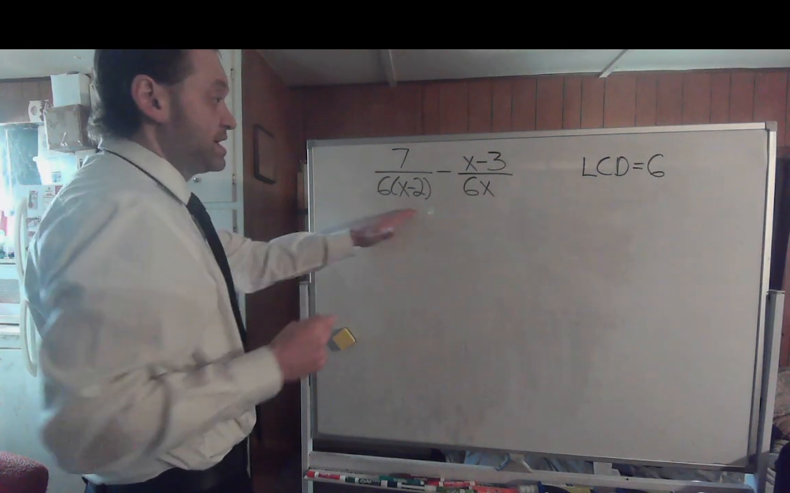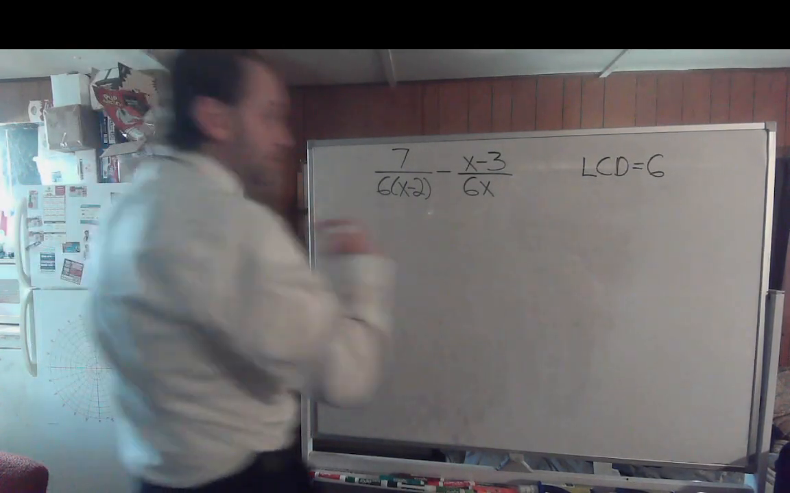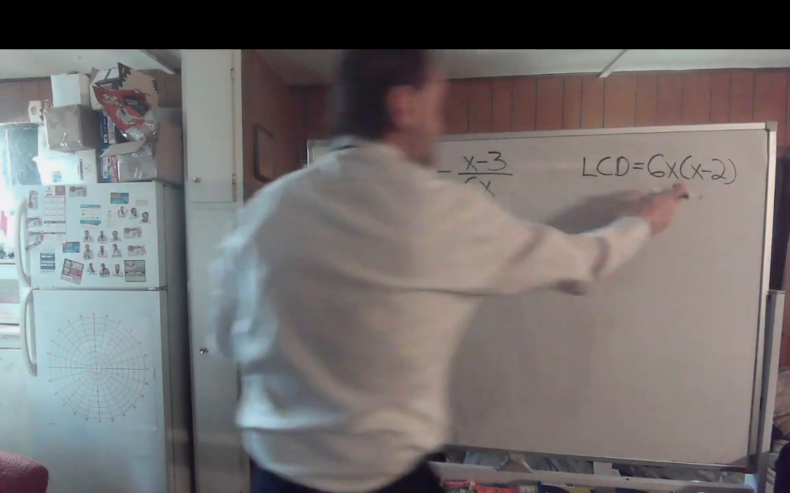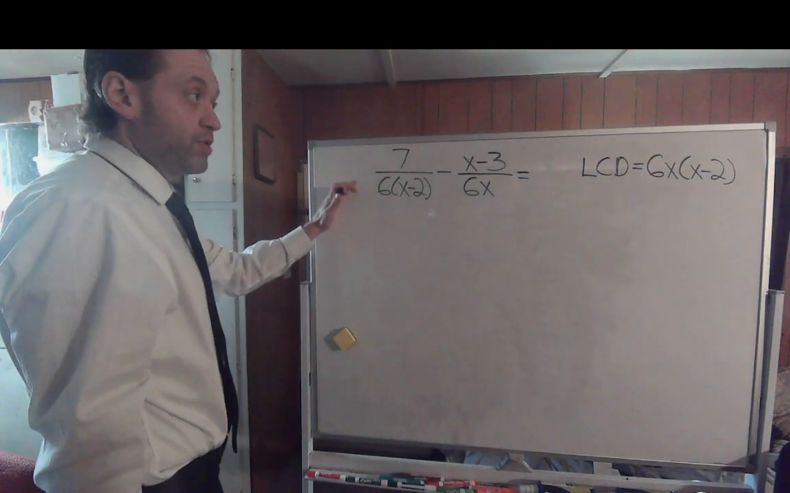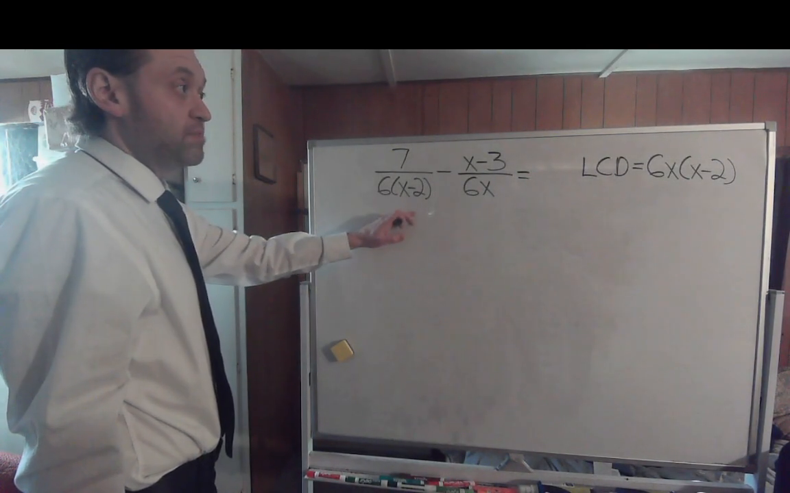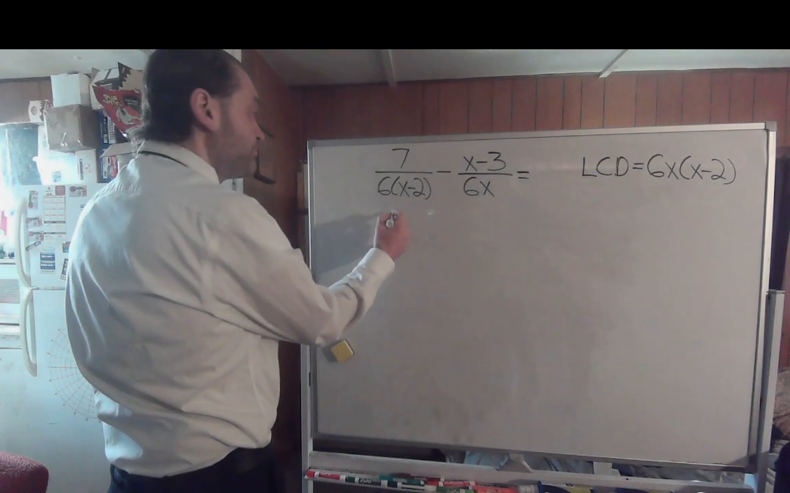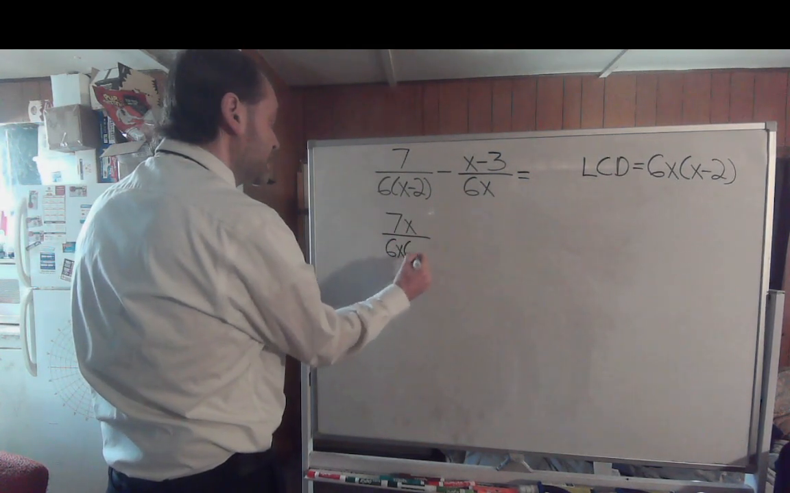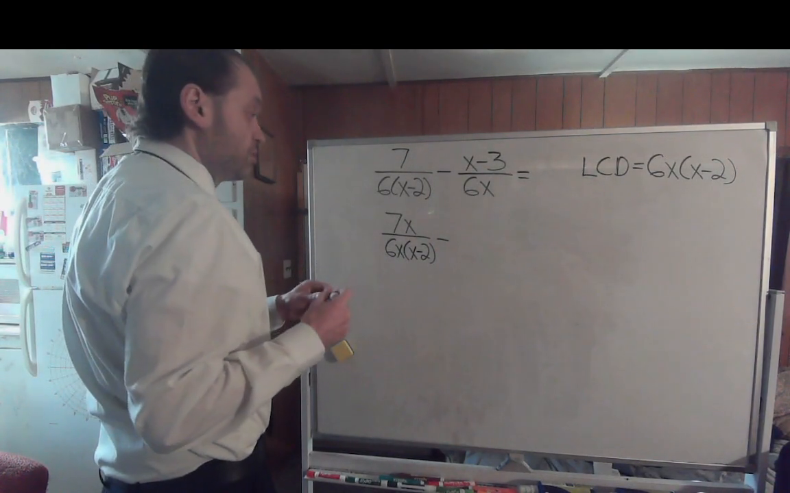Now one term has an x minus 2, one has an x. So you're just going to have to multiply x times x minus 2. So your least common denominator should end up being 6x times x minus 2. So now we have to multiply both terms appropriately to get that. For your first term, 7 over 6 times x minus 2, you would just need to multiply both numerator and denominator by x. So you should get 7x over 6x times x minus 2 minus,